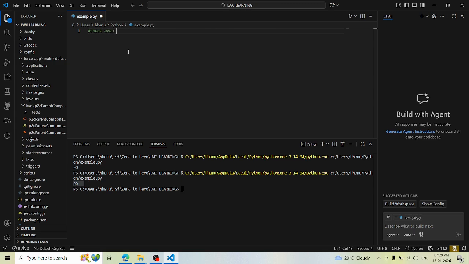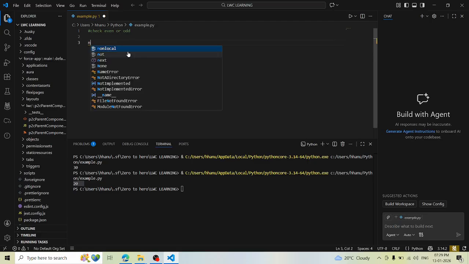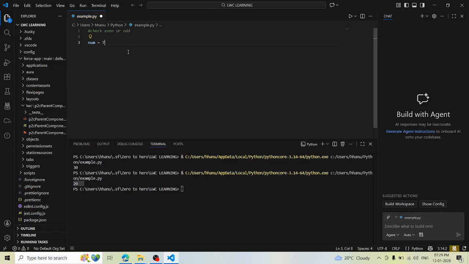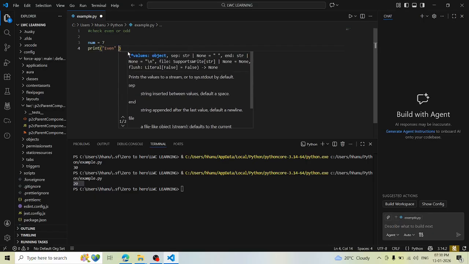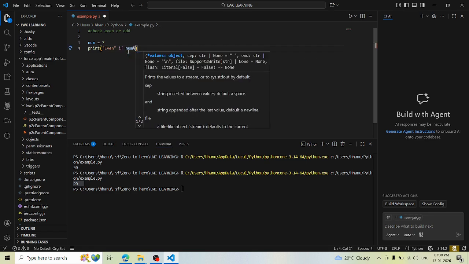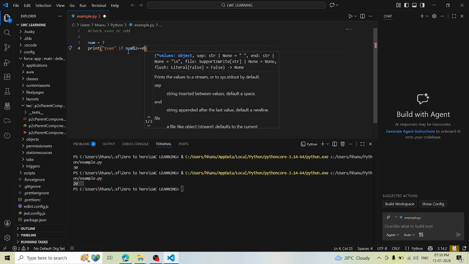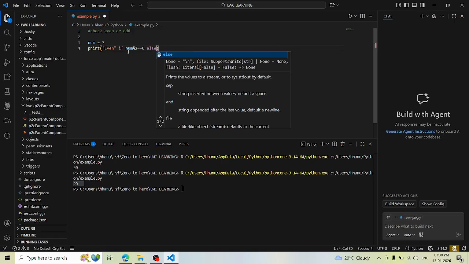Next program is check even or odd numbers. I will type num equals to 7. Print of, I will explain now. Here I am storing number 7 in variable num, and print of even in quotes, and again quotes, close the bracket, and if num modulus 2 equals to 0, and else